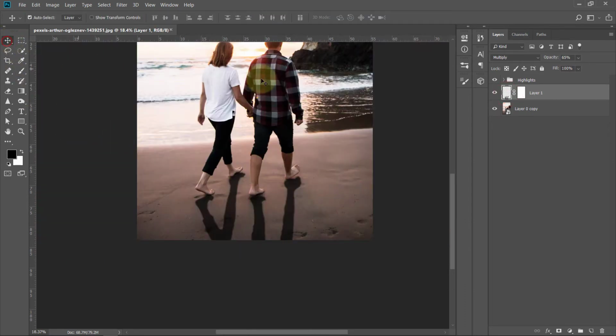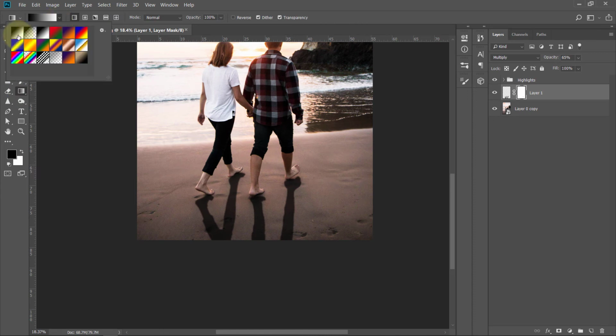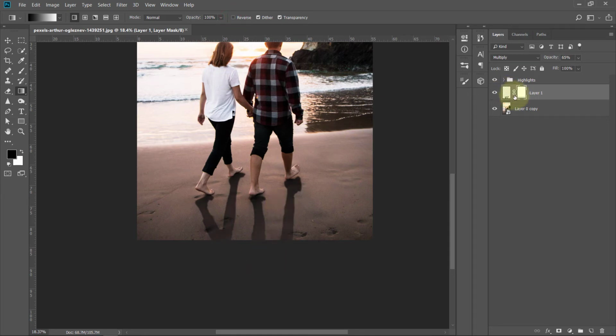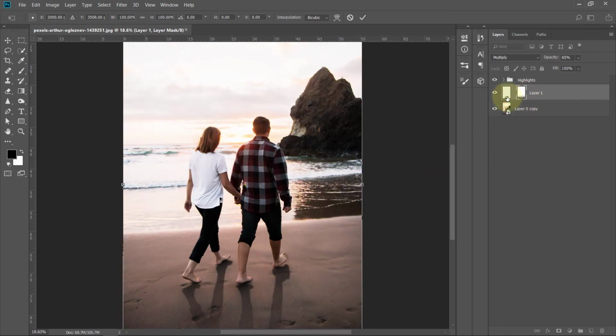And now with the help of this layer mask, I will also go to the gradient tool and make sure that this black to white transition is selected and reverse is unchecked. Now I will press and hold the shift key and drag this. Now I will unchain this from here. Just click here to unchain this, and now go to the move tool and press Ctrl+T, and now you can move this to adjust it a little bit more. Make sure that the layer mask is selected, not the layer. So just hit this check mark.